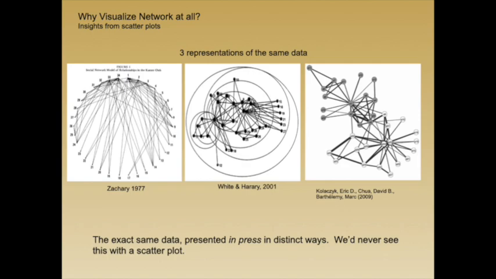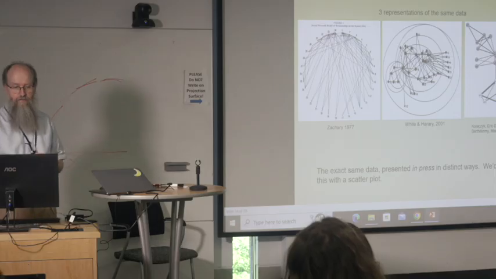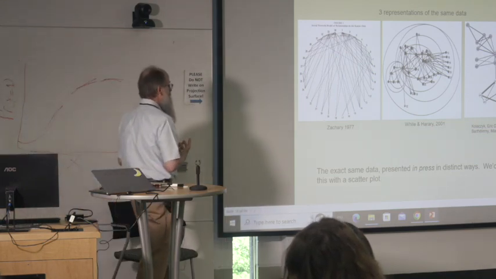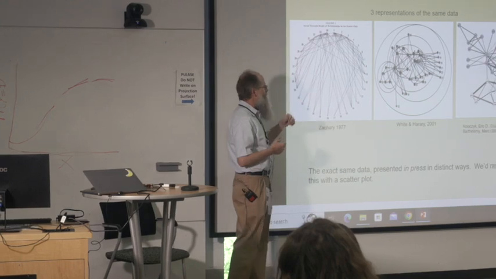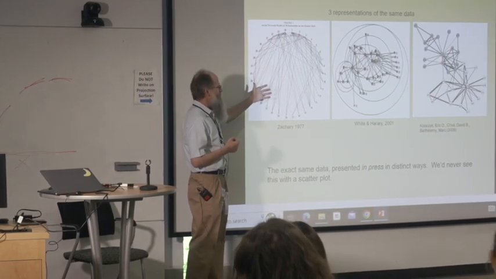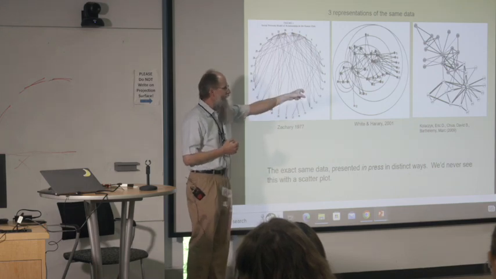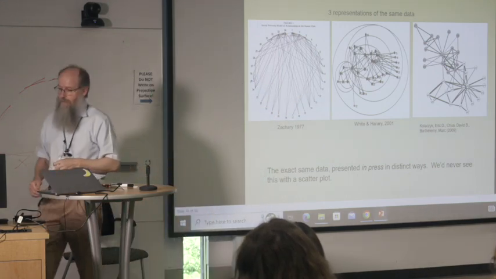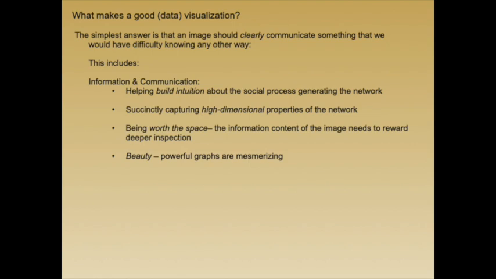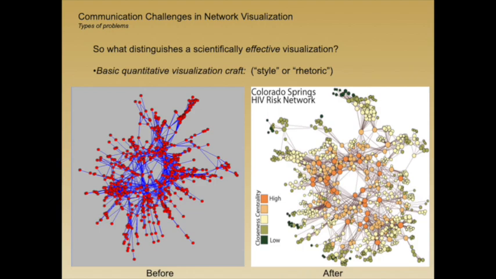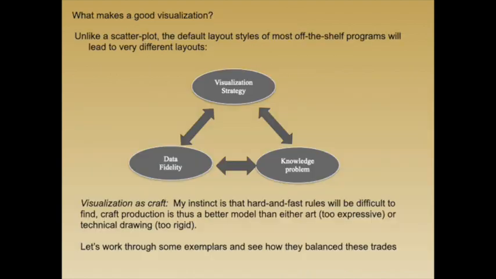And these are all three images of the exact same network, all in the published literature of the Zachary Karate Club. And some of these underlying spaces, I would argue, are no different than a randomly permuted scatter plot. You don't get anything out of this image that wouldn't be better had by some of these other images. So if that's the case, I'm going to skip some of this, but what is that underlying space that we're trying to capture?